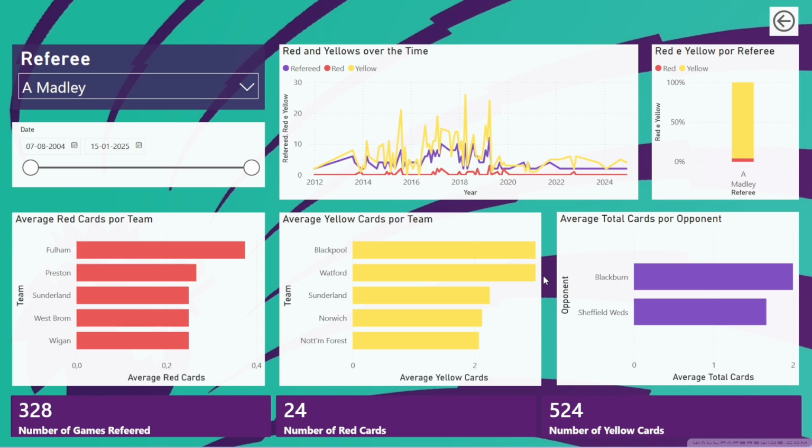The decision to choose the average over other metrics is based on the idea that the number of games that a referee officiated for a specific team can influence the number of cards attributed to that team. Finally, we have a list of cards with number of games refereed, number of red cards and number of yellow